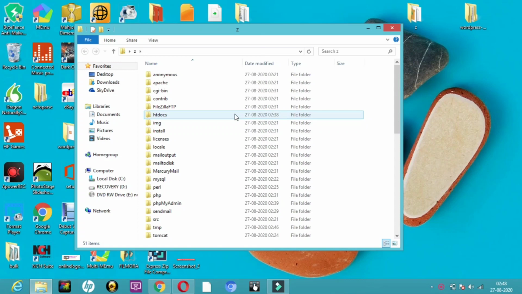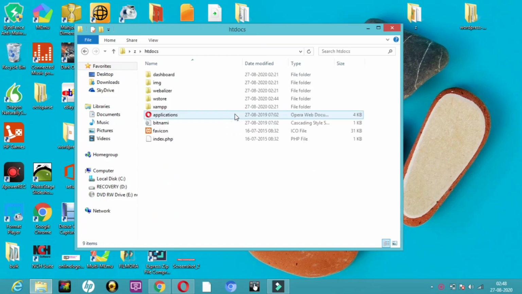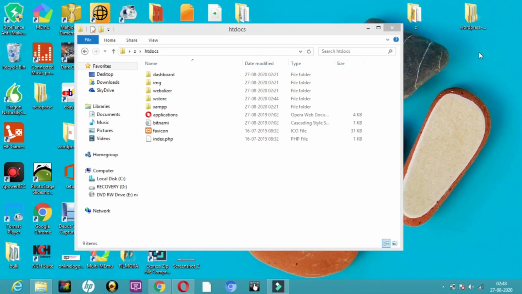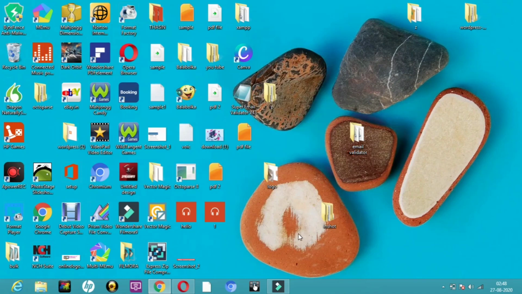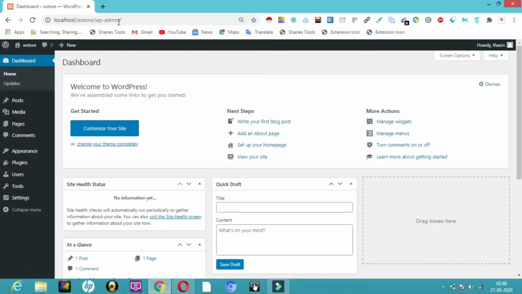Inside htdocs we right click, name the folder, and store it here. Then we create a database for this at localhost/phpmyadmin. If you type that in your Chrome browser, you can create the database you want. Don't get confused if you're not aware of all this, just go to the description below and have a look at it.